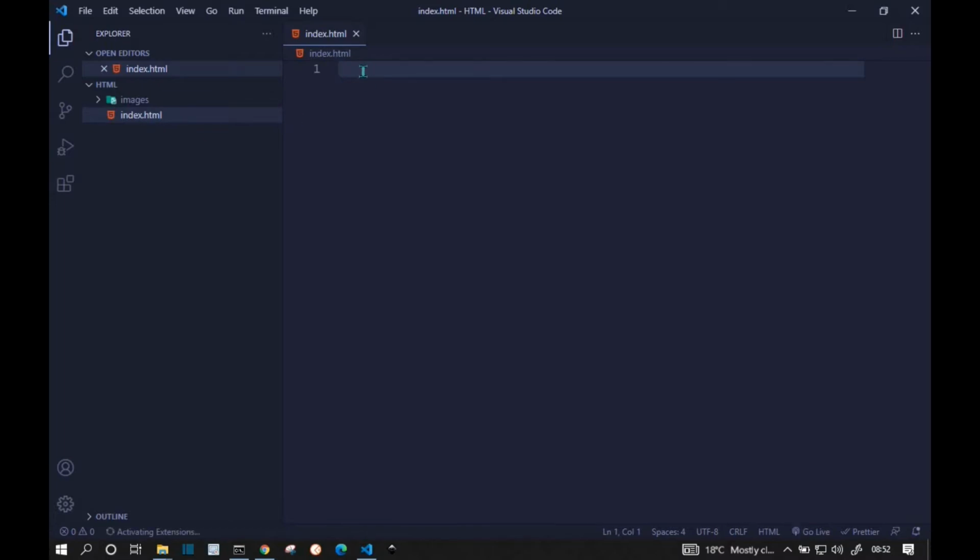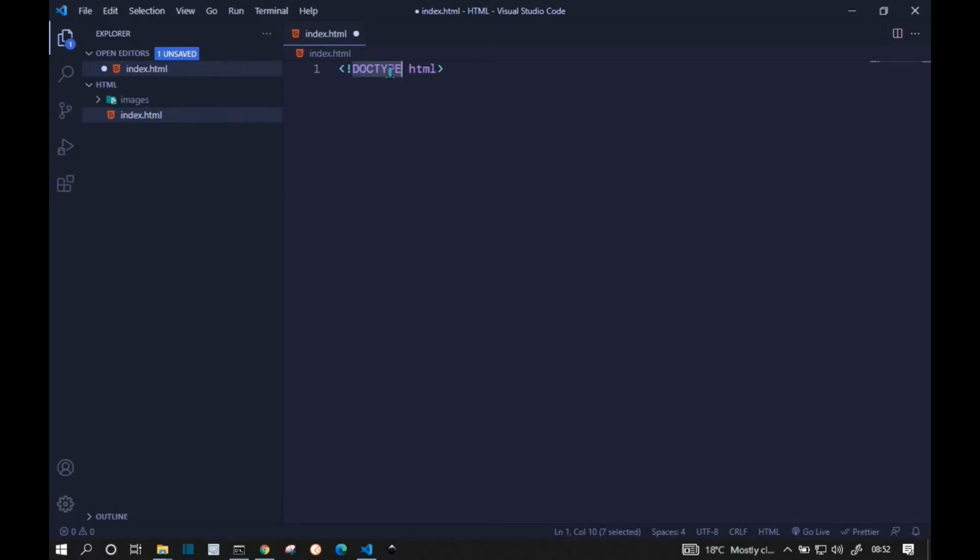Now right here we can start taking a look at the HTML structure. And the first thing that we usually write is the doc type declaration. So the doc type declaration will look like this. I just click on that and we have this declaration right there. It just has a less than sign here and then an exclamation mark, the word doctype in capital letters, but this is not mandatory.